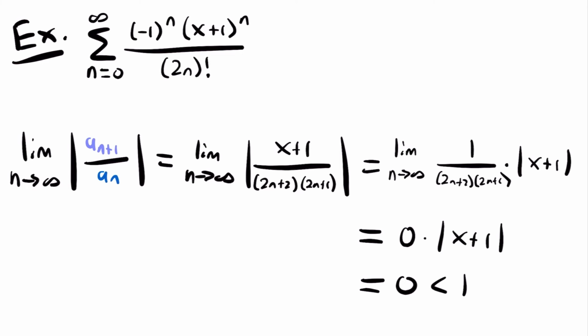In this case, the power series is going to be convergent for all values of x. It doesn't matter what value of x we use for this series. The ratio test says that this limit will always be equal to 0, which means that the series will always converge. All right, so in this case, our interval of convergence